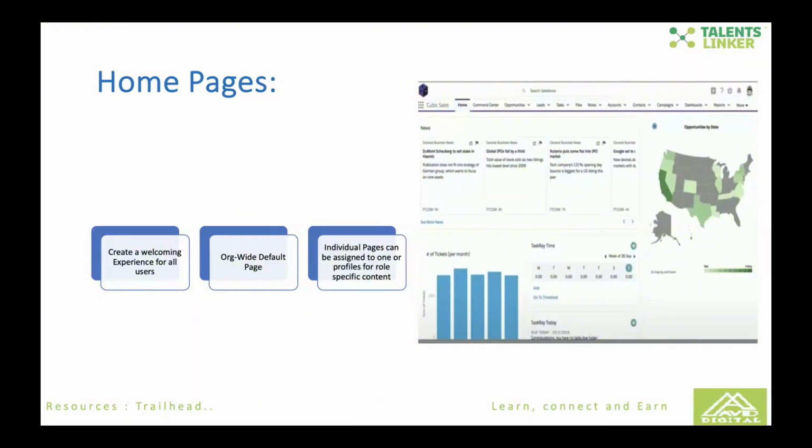Organizational-wide default page, at the same time, how you can use the Lightning App Builder to actually recreate and customize it, creating a welcoming experience for all users. I said it, you can actually use a flow to create a welcoming experience. That's what we call the custom label. That's when you go to setup, you go to custom label, you put some sentence there,